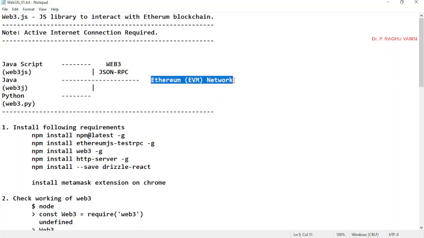Ethereum network, we have seen the creation of the private Ethereum network, and whatever smart contracts you write and set up on the Ethereum network, this Ethereum network needs to communicate with the front end. In order to communicate with the front end, we require remote procedure calls like JSON RPCs